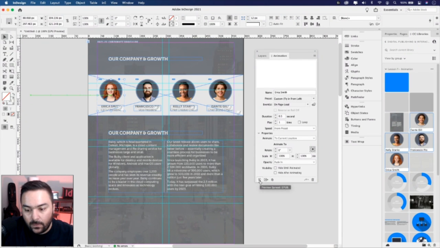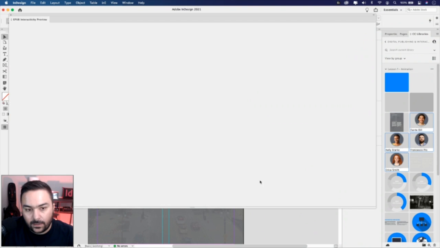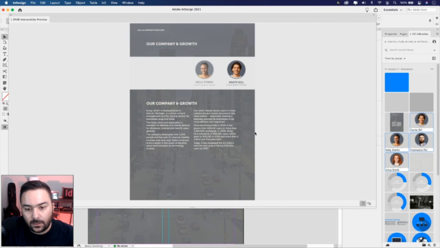All right, so let's play that now. And by the way, if you're not using the timing panel, which we'll get into in just a few moments, the animations will play out the way you animate them, in the order you animate them on the page. So let's go ahead and hit the preview button again. There's the first, and there come the animated headshots at the end. Let me show you again. I'll hit the play button, shape, and then the 4 profile shots.